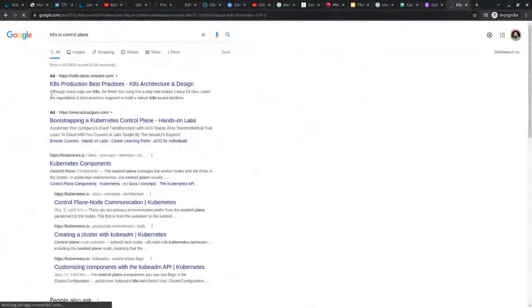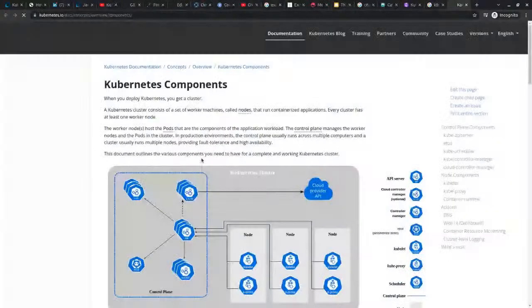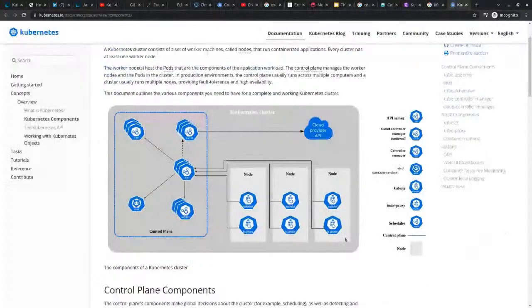Okay, Kubernetes components. So this is a cluster. So a cluster is a group of nodes. The nodes that do the work, we call them worker nodes, and they have two components: the kubelet and kube-proxy. What is missing in this diagram is that the kubelet runs containers, runs pods on the node. How does it run pods?